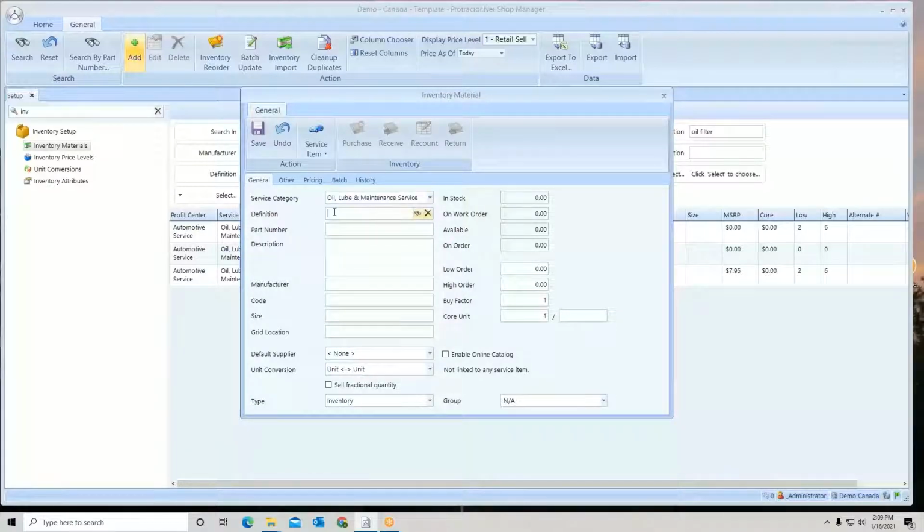Definition is, what is this part? Now these are related to the service packages. And as you learn the system and you start to see how the service packages work and the part lines in those service packages, you'll see how these are connected. But basically, I'm just going to go into